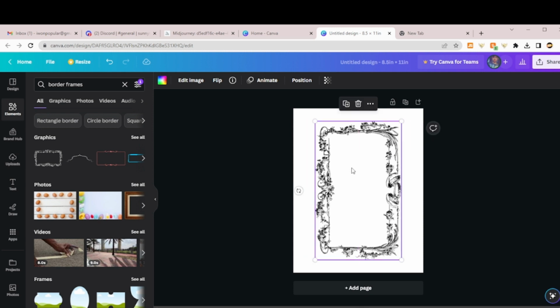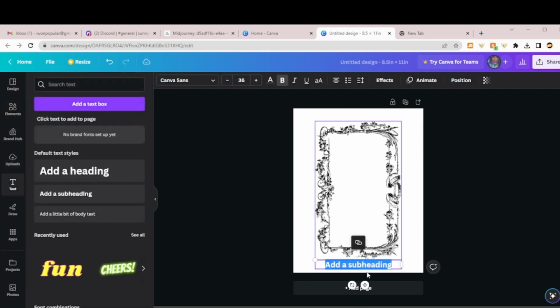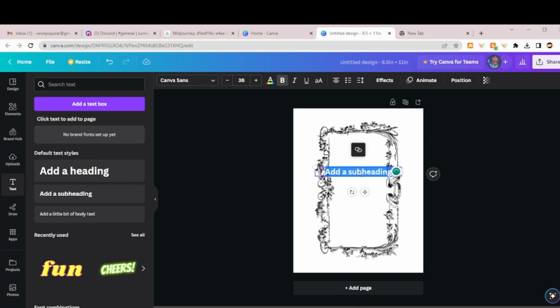We can now put on our text right now. Just add a few texts. You don't need that much. We're just trying to create the intro of our book. Add a few texts here. This coloring page belongs to